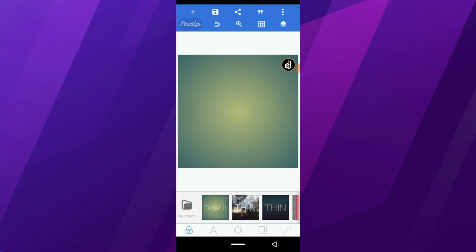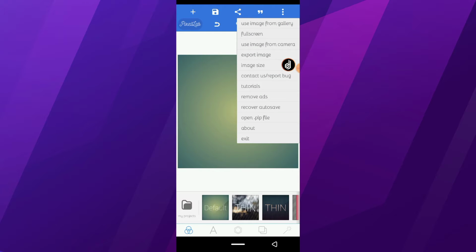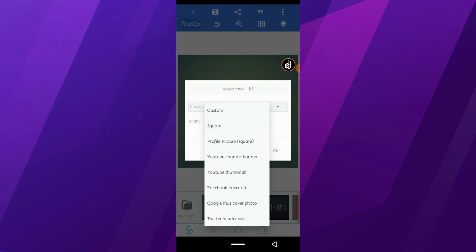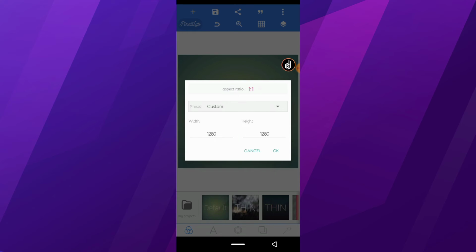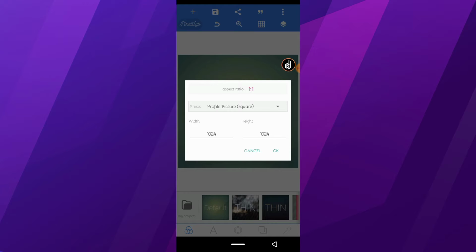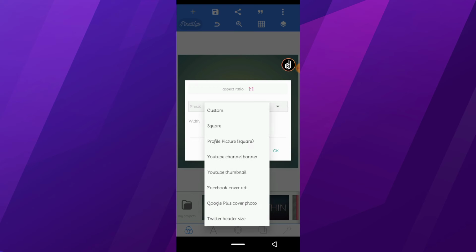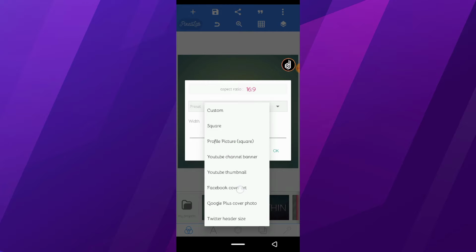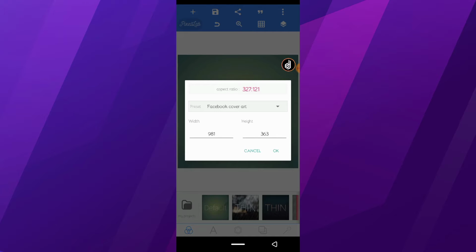If you come down here, click on image size, you can see there's a custom size and it's measured in ratio. Now it's currently 1:1 ratio. We have square pictures, which is 1:1 ratio. I have YouTube channel thumbnail, YouTube channel banner, which is 16:9 ratio. So on and so forth. But the ID card we're making,